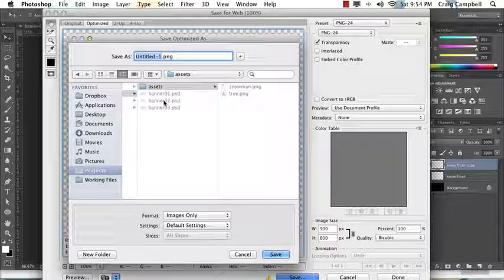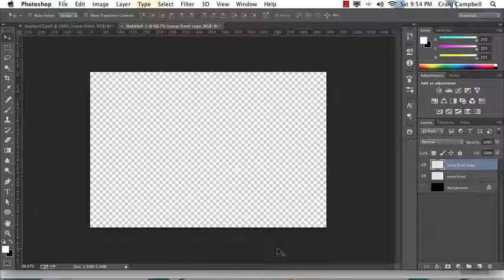And eventually we're going to create a folder that contains our banner, HTML, and CSS and image files. But until we get to that point, let's just save this in our assets folder. So I'm going to save this as snow-front.png. So we'll save that, click on save,